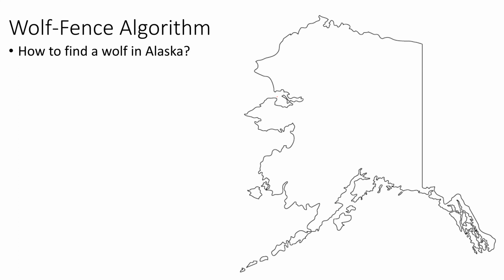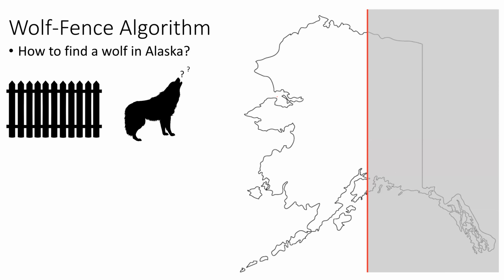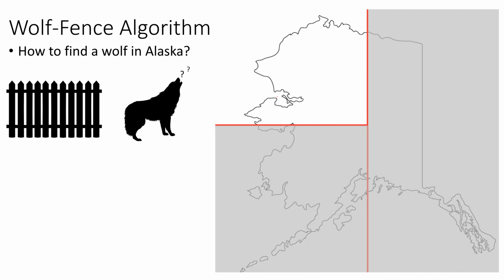Another technique to keep in mind is called the wolf fence algorithm. The name comes from the question: how do you find a wolf in Alaska? Some wolf is howling, and I want to find it in this giant state. All I can do is build a fence and listen to see if the wolf is on one side or the other. So I build a fence down the middle of Alaska, listen, and it turns out it's on the western side. So I try again, build another fence, listen, and it turns out it's on the north side. I keep doing this, dividing up the space, and eventually I have a small area left, and that's where my wolf is. It's a divide and conquer approach, and you can do this in a program as well.